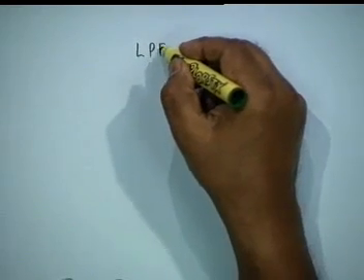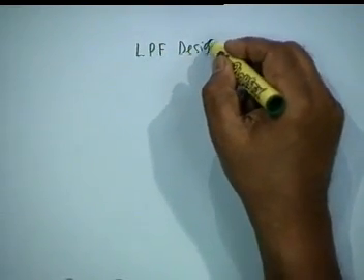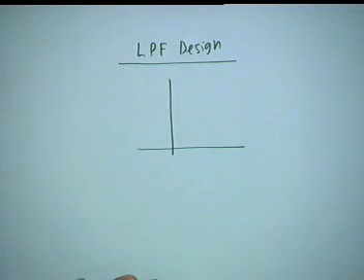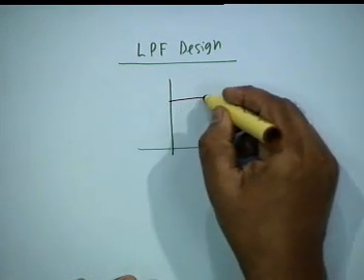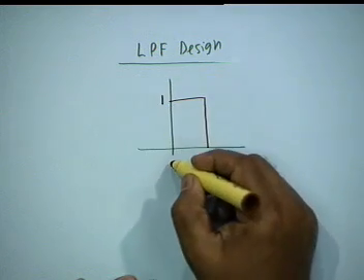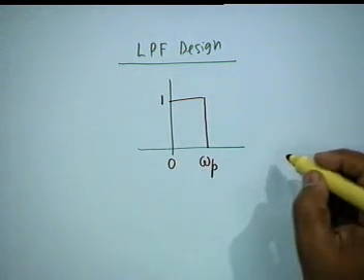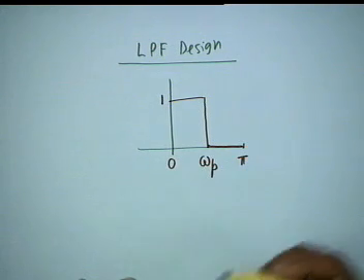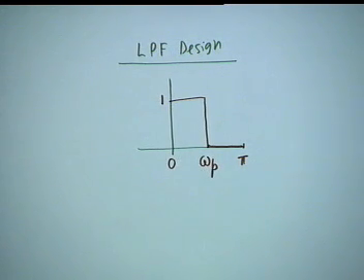And we had started an example of low pass filter design, LPF design, and the specifications that we start from, since we have no control over the tolerances, therefore we aim for the ideal response. That is, we assume that our response is like this. It is 1 from 0 to some frequency omega p, and then from omega p to pi it is exactly equal to 0. This is what we aim at.